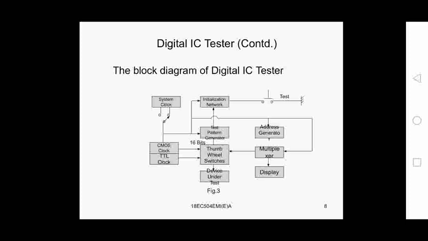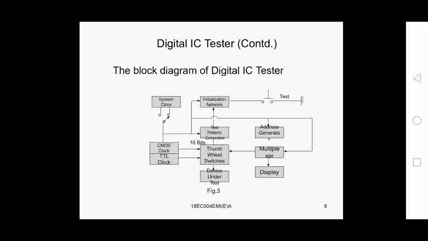It will initialize the test and generate the test pattern bits, that are given to the address generator, which will be multiplexed. Whether the IC is working fine or not, according to the test pattern generator and test code chart, will be displayed on the LCD display. This display is mostly